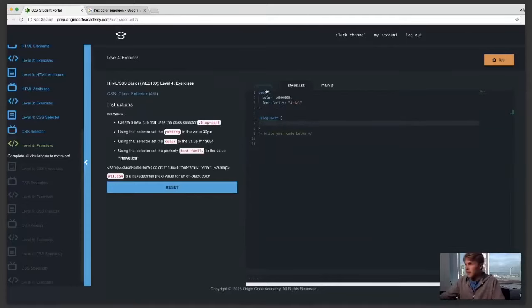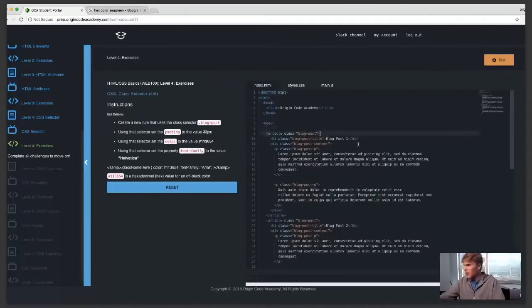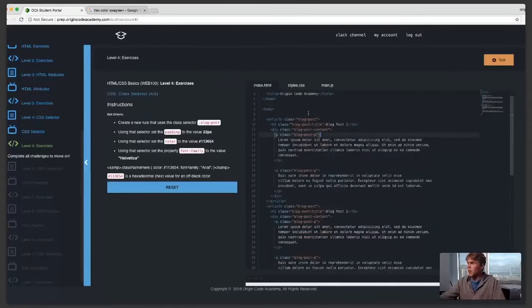And let's look at the HTML file to see what we're going to be manipulating. So let's look for blog-post somewhere in this file. Okay, great. So I see blog-post here, but I also see it here, but that has a -p after it. So this rule that we're applying to the blog post class will not apply to the blog post P class